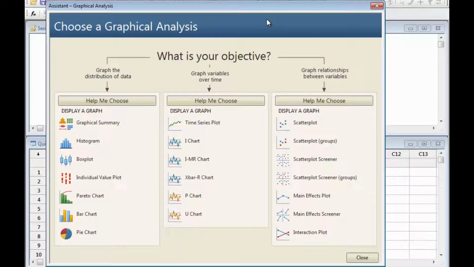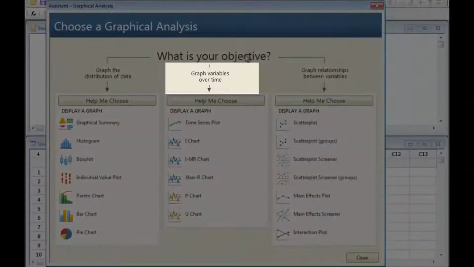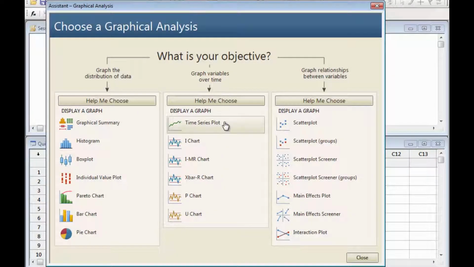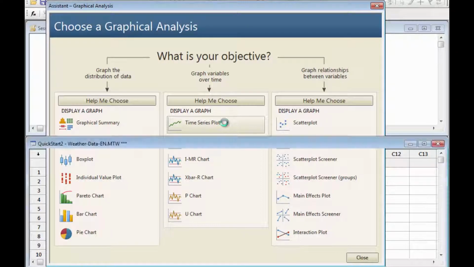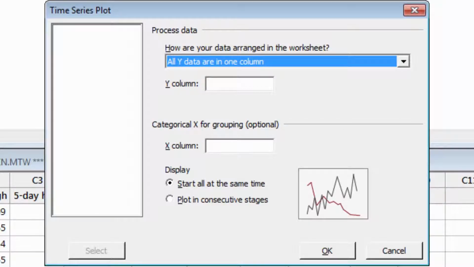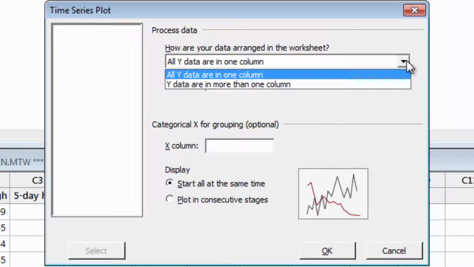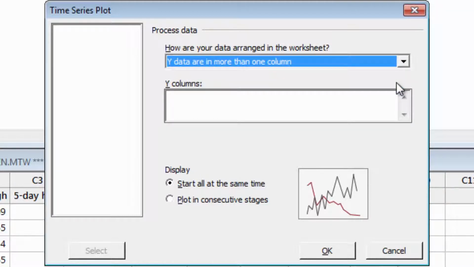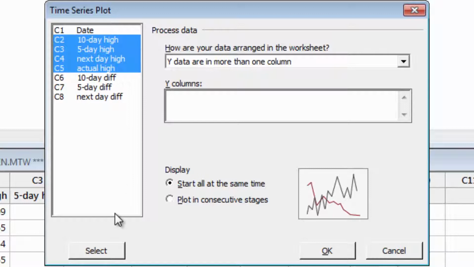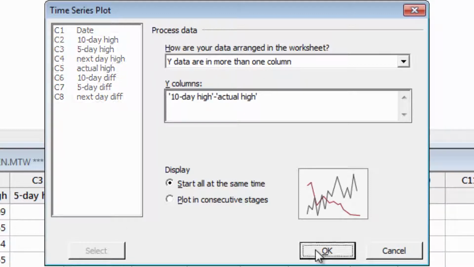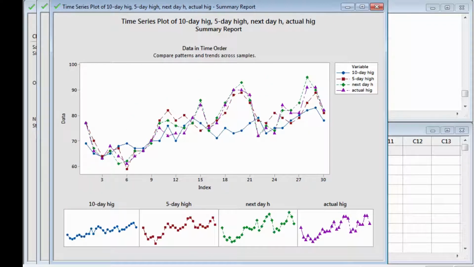These data were recorded in the order they occurred, so graphing the variables over time could be informative. Select Time Series Plot. In the worksheet, each type of forecast is in its own column. Select why data are in more than one column, and select the data columns you want to show on the plot. Minitab produces a report card, a diagnostic report that helps you identify patterns in the data, and a summary